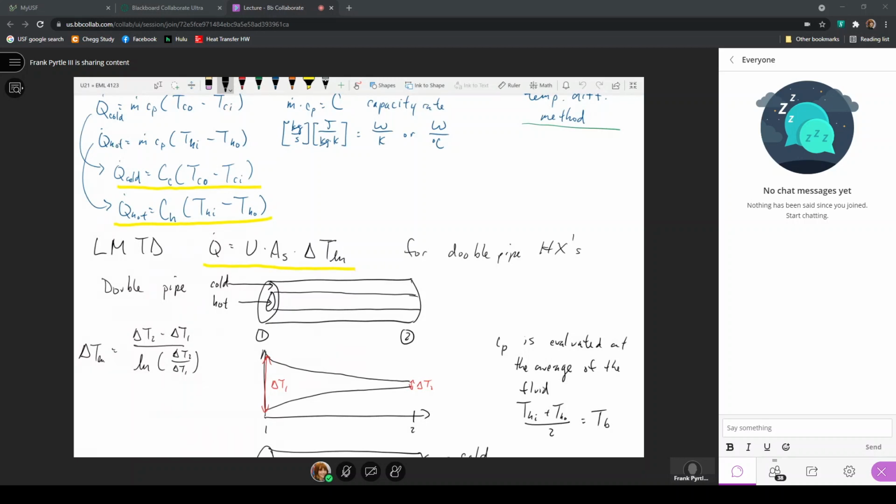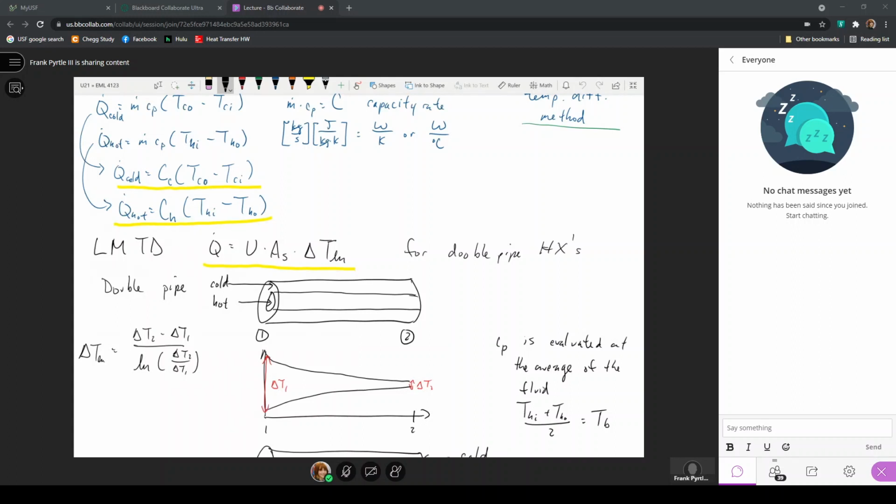When we consider that all the heat lost by the hot, gained by the cold, is transferred between the two fluids, then we get into this expression of, well, how do we write that expression? For the log mean temperature difference method, it just says that the heat transfer rate for the energy that is lost by the hot and gained by the cold transferred between the two is this overall heat transfer coefficient times the surface area times the log mean temperature difference,